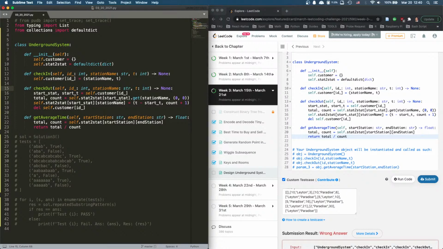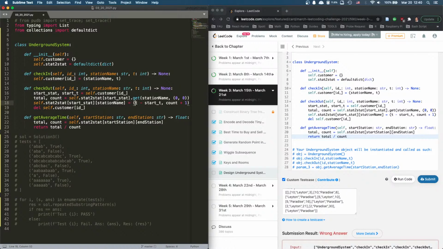And this one we try to get its previous total and count, which if we haven't done that yet, is going to be like nothing, all right? So now we check out, we're going to reassign this station, this end station name, to a tuple is,